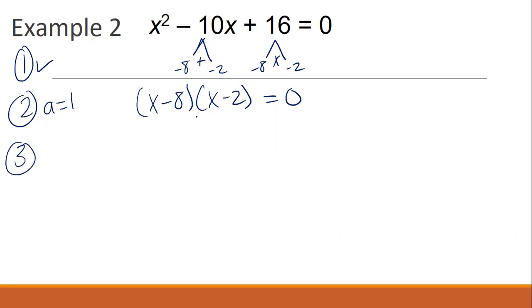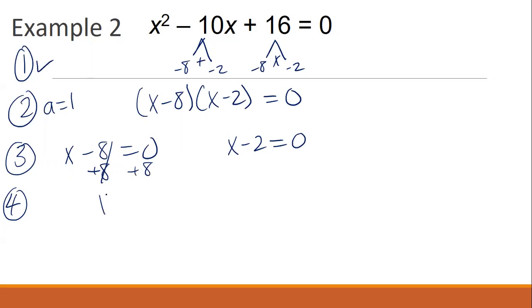Step 3 is you take each factor and set it equal to 0. So you have x minus 8 equals 0, and you have x minus 2 equals 0. And then step 4 is you solve for x using inverse operations. What is the inverse of subtracting 8? What is the inverse of subtracting 2? So your two solutions are